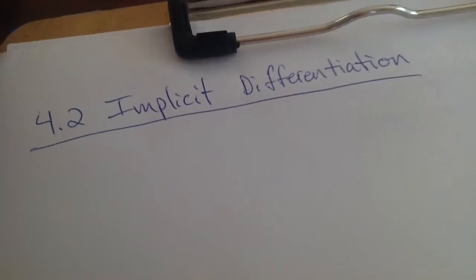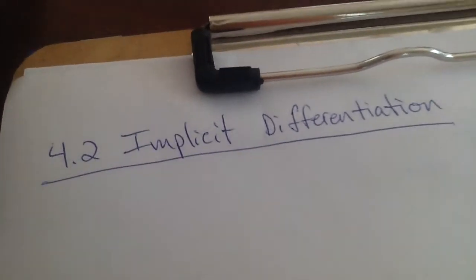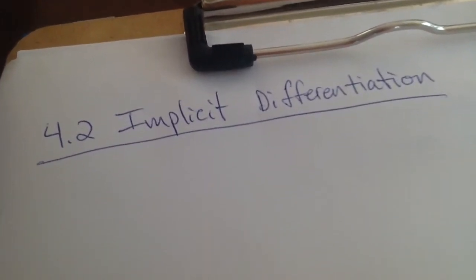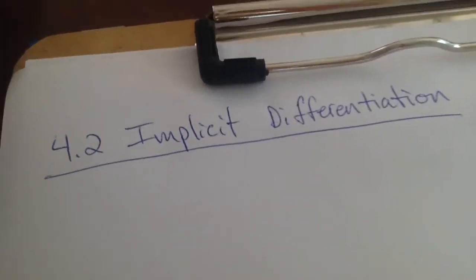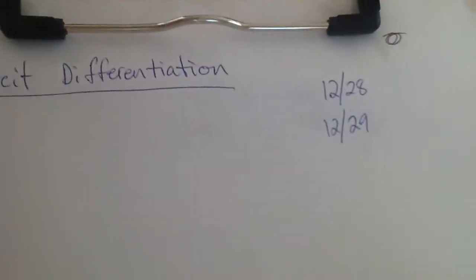So here we go. This one's all about implicit differentiation. It's a little weird. So up until this point,